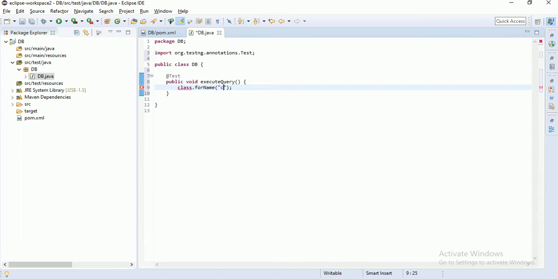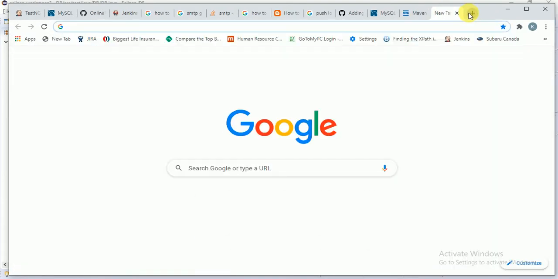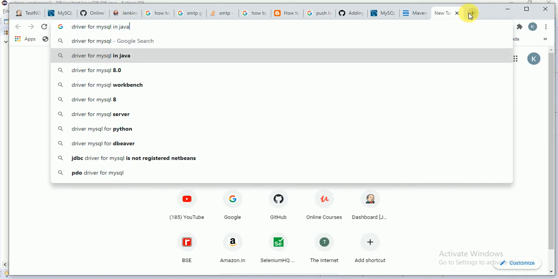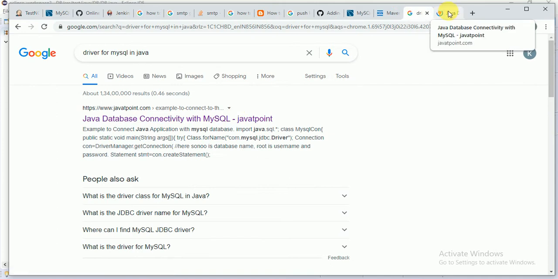So what is the MySQL driver? How will we get it, guys? You can search in Google. You will get the MySQL driver. Driver for MySQL in Java. Okay, database connectivity with MySQL, you can see here.